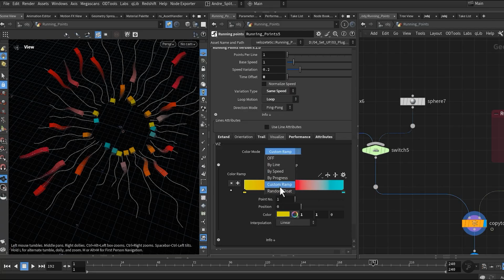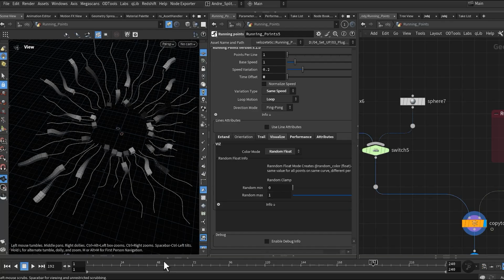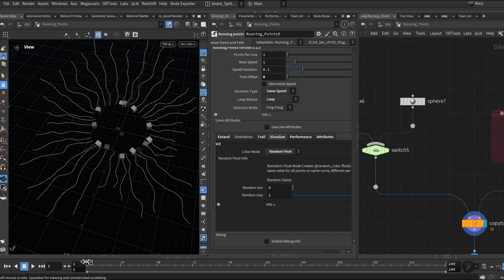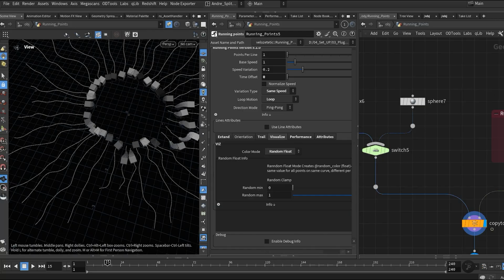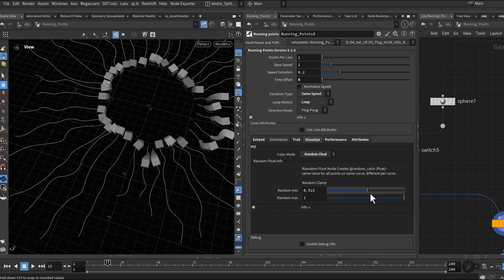And random float assigns each curve a random value between 0 and 1, which you can later use in rendering. And with a random clamp, you can limit that random value to a specific range to make it lighter or darker.